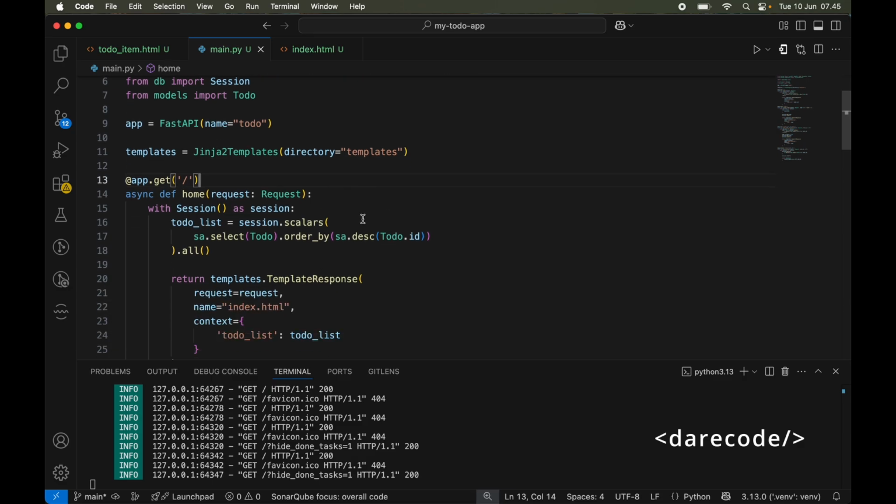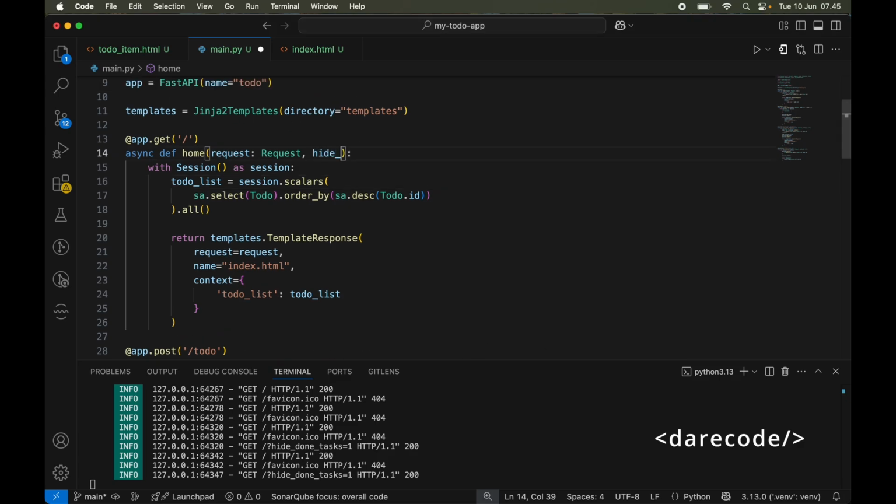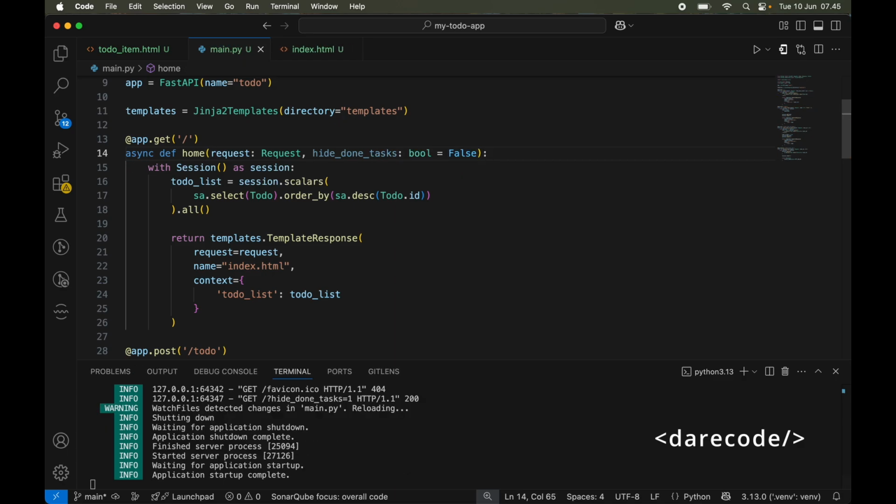Oh, we haven't implemented the backend. Sorry. We need to implement this. Add parameter hide done task. And we need to update this.